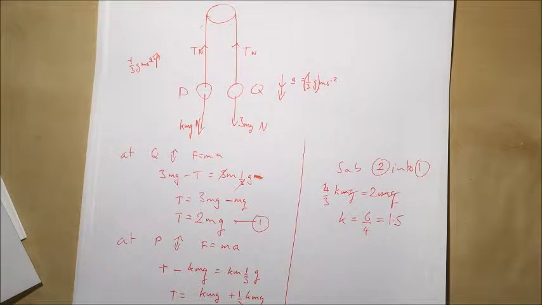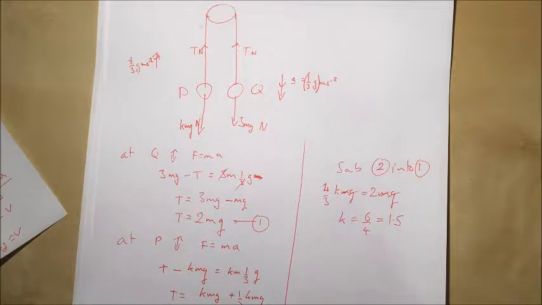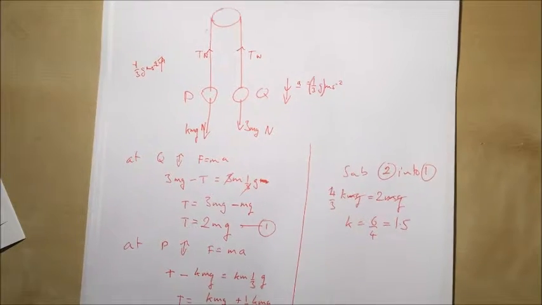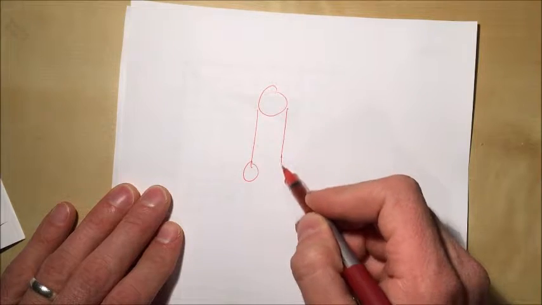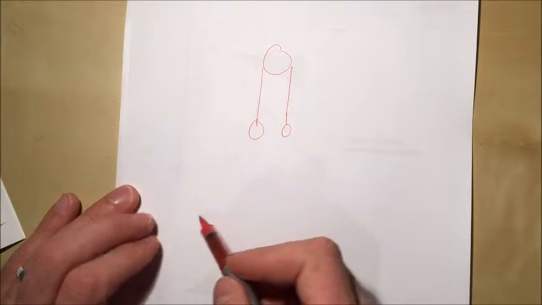Q goes downwards for 1.8 seconds and then hits the ground. Once it hits the ground, it's immediately brought to rest, and P then flies up into the air, doesn't hit the pulley. So how far does P get off the ground? So this is what we've got to try and imagine then. So we've got our pulley like this, we've got P and Q dangling down at the same height,